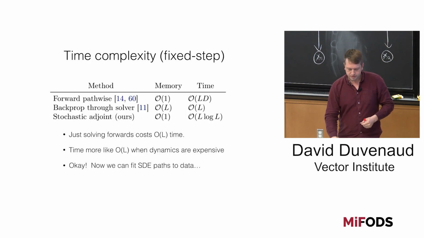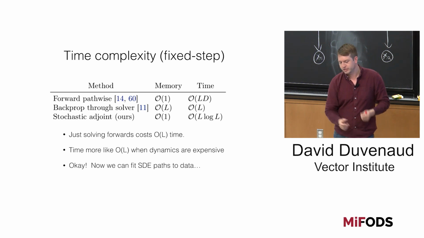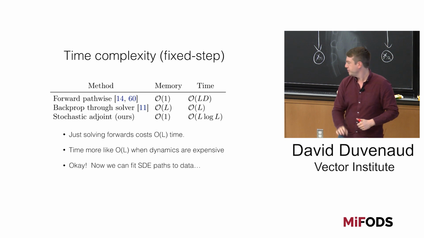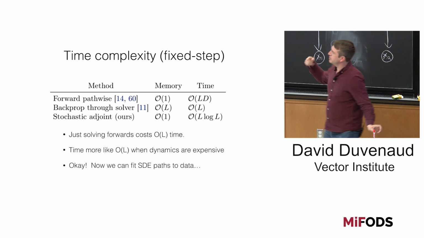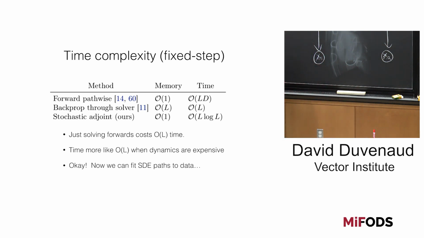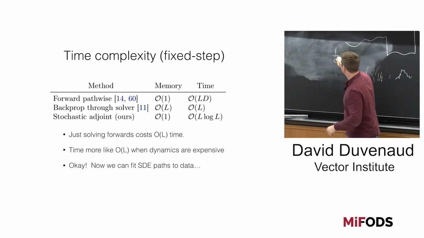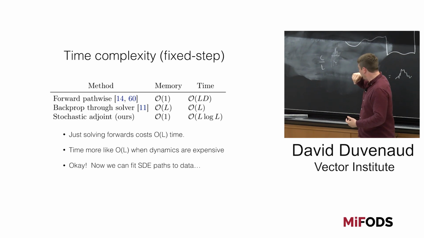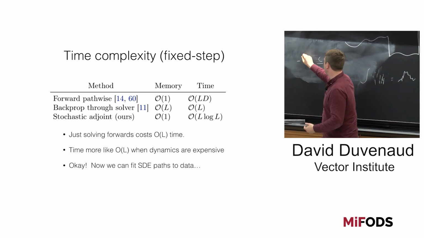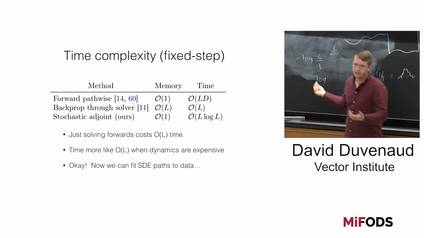Okay, so now we have this new algorithm that we say has O(1) memory cost. So remember I said that we had log of 1 over epsilon cost? Well, L is the number of steps in the solver, and so the size of the steps, if we have a unit interval, would be C over L. And we actually needed to pay a negative log of C over L, which is log of L per step, so it's L log L.